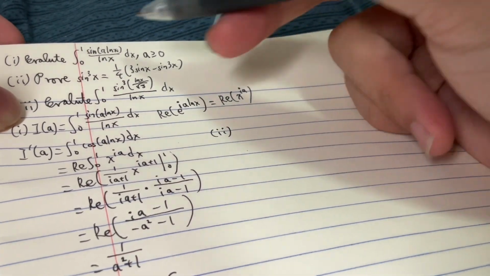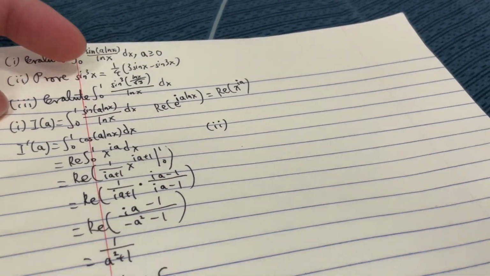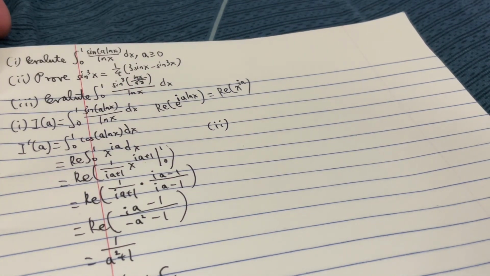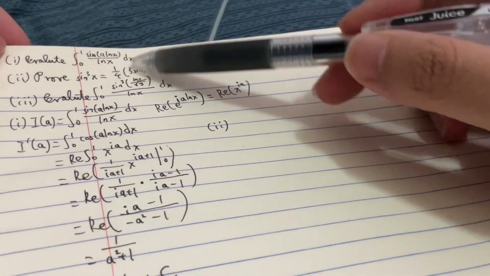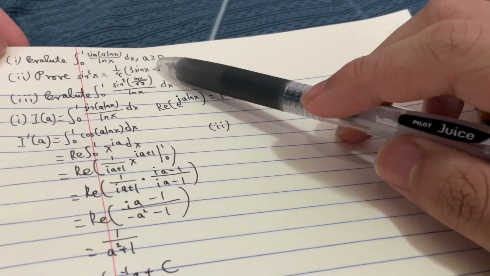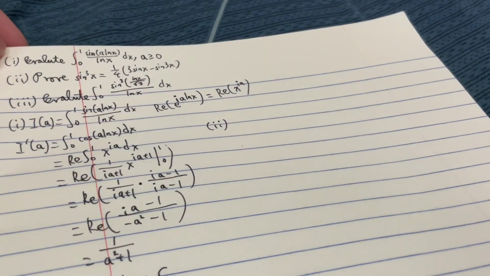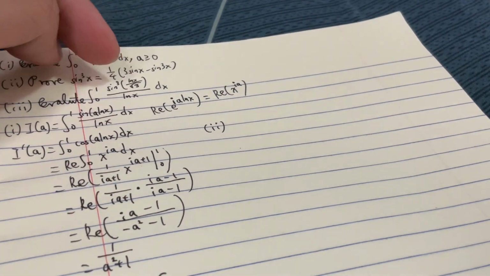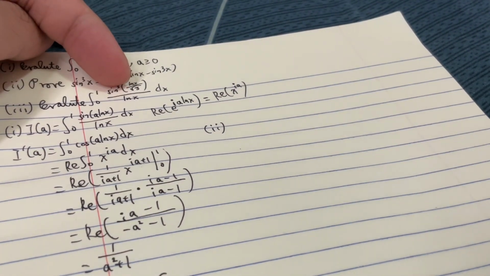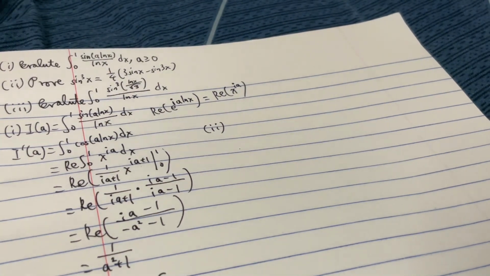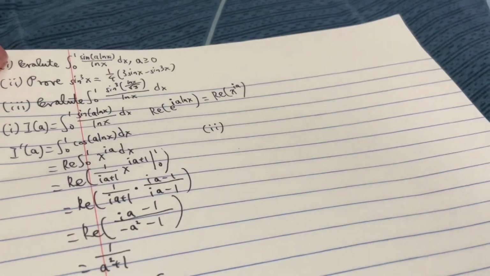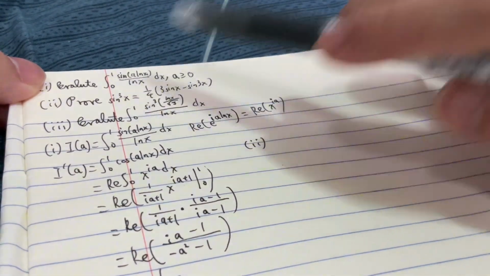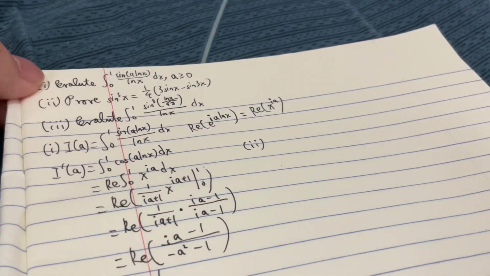The second part is to prove that sin to the power of 3x is equal to 1 over 4. If we try to go from here to here, it's hard, right? Because we have a 3 here. If it didn't have a 3 here, we can just subtract it and then do more work. But we have a 3 here. And when you go from sin of 3x to here, it's hard as well. So